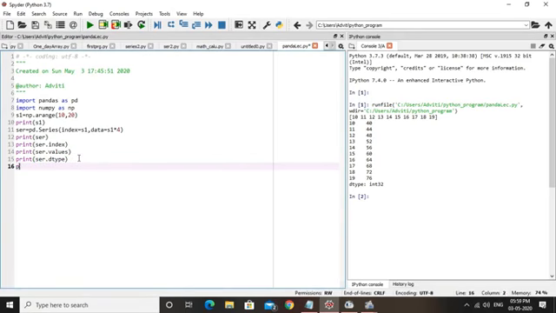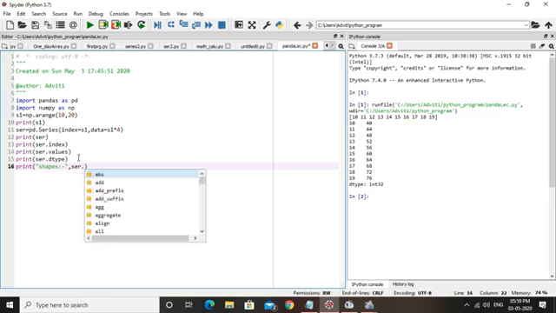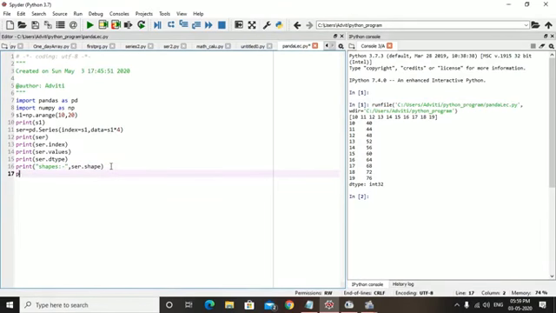Then print shape, ser.shape. Then print, and the other attribute is the number of bytes.